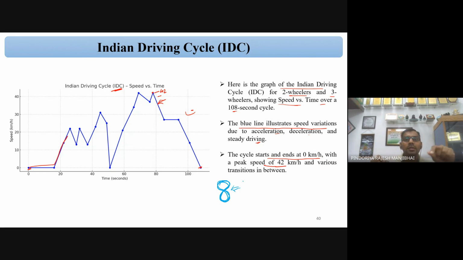they were testing in the previous time. While we didn't have the technology, in the previous time they had a physical track. They have a track of this type, and they have to drive the vehicle on this track within the time limit. See here, the time limit is 108 seconds, correct? So within the time limit, they have to drive the vehicle on this track, and based on this drive, they